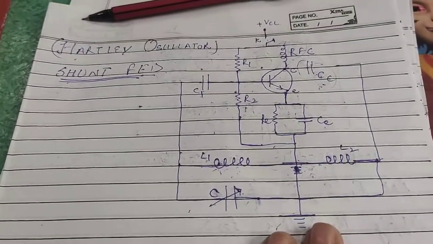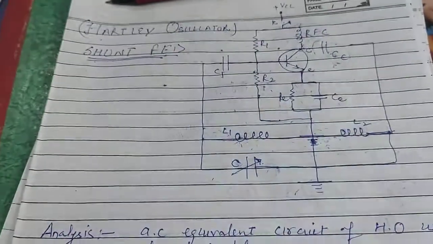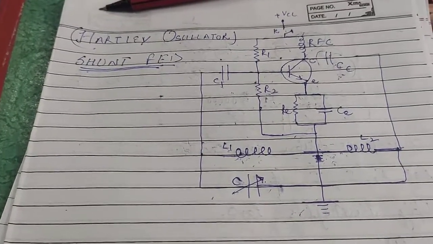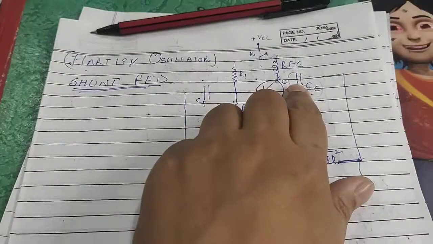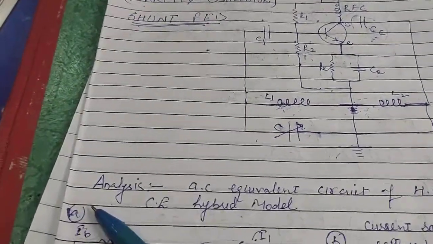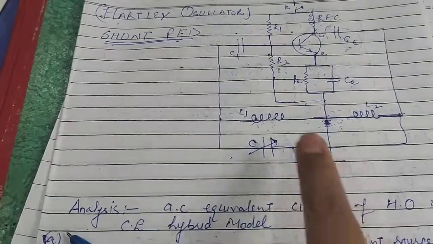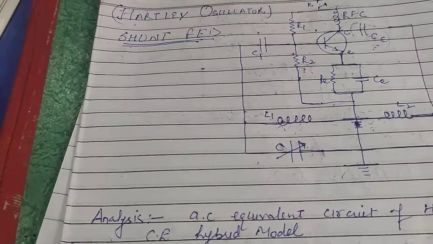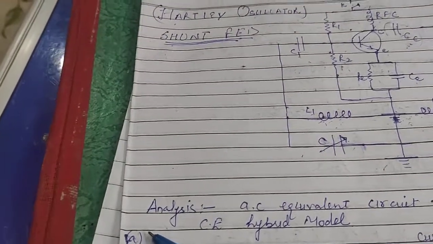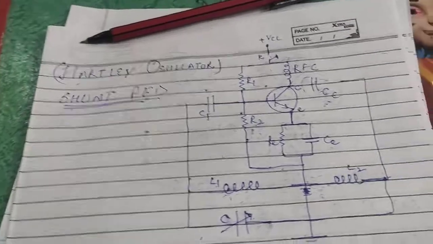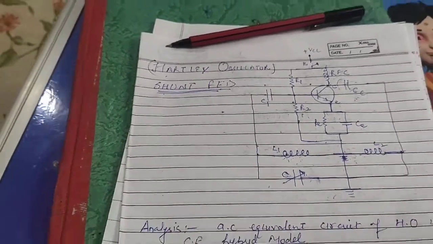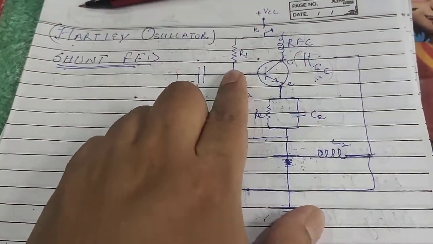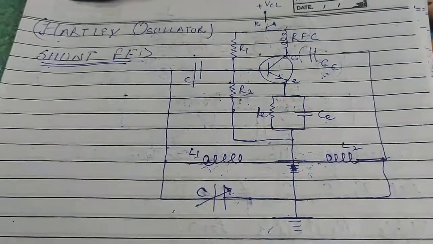So now we will discuss the circuit operation. Here, when we switch the key and it is closed, current starts to build up and it will start charging the capacitors. When the capacitor is fully charged, it discharges through the coils L1 and L2, setting up natural oscillations in the tank circuit. These oscillations induce a variable voltage, which is further applied between the base and emitter through this terminal.